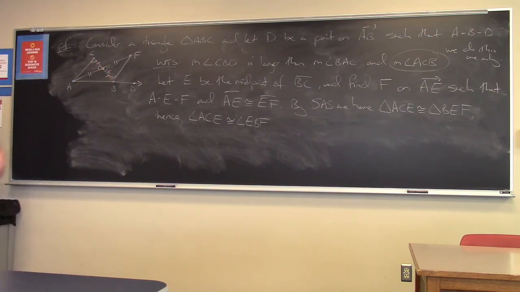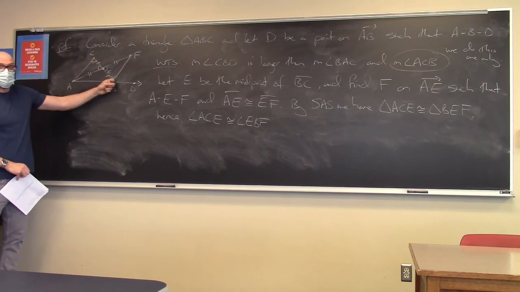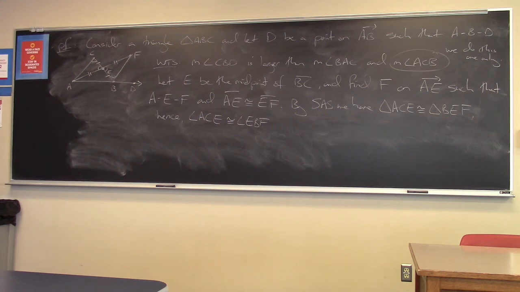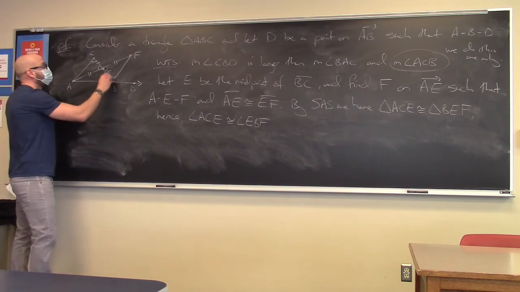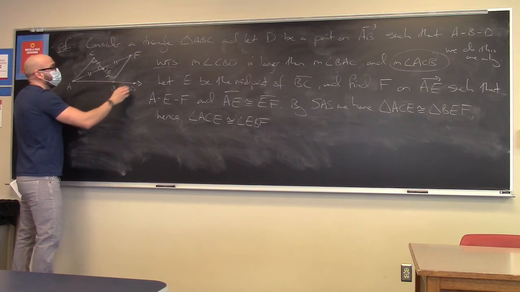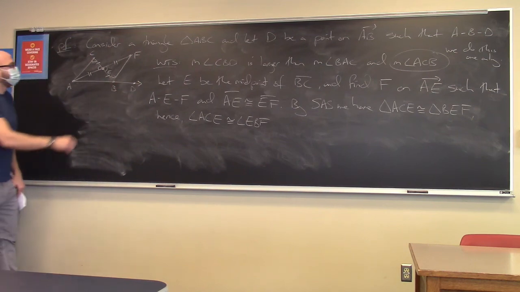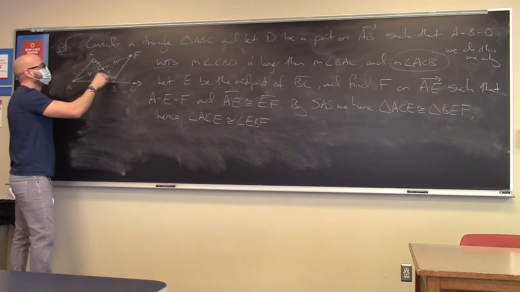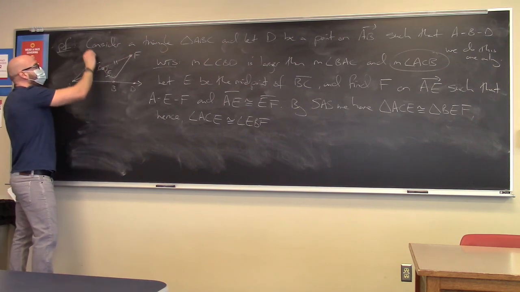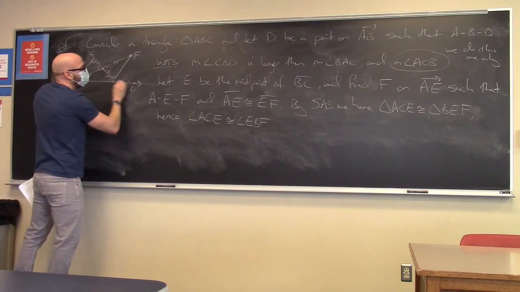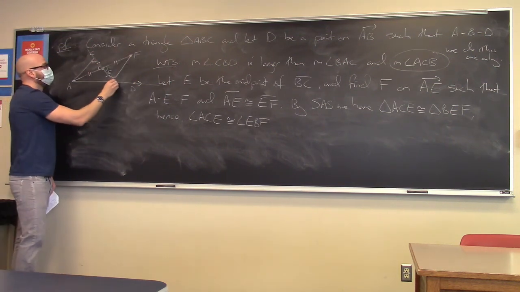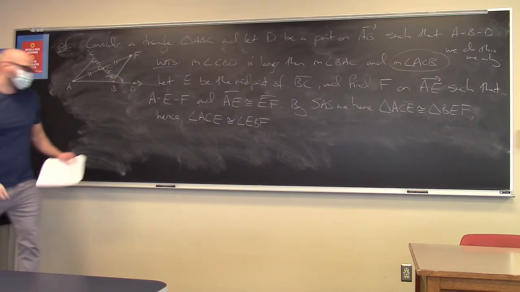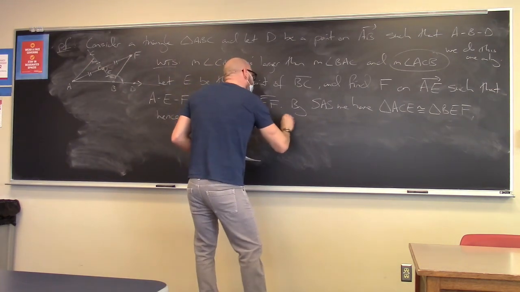The last thing I need to conclude is that this angle must be smaller than this bigger one. And from the picture, it's totally clear, but it's subtle. It follows from the plane separation axiom that F has to lie inside this angle. How do I know that? Well, I know because it's on the same side of this line and this line, that it must be interior, and therefore this angle is smaller than this bigger exterior angle. So it's a little bit subtle, but finally,